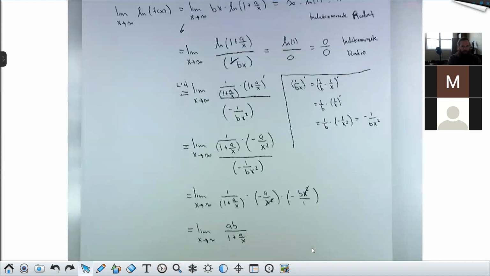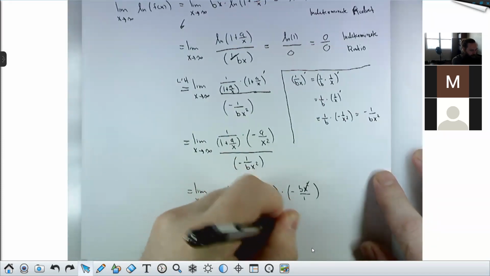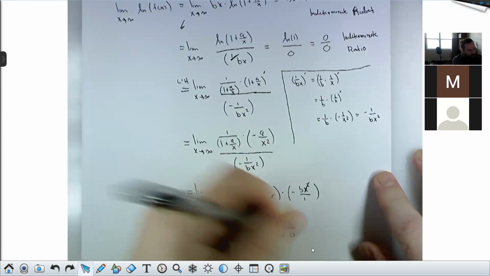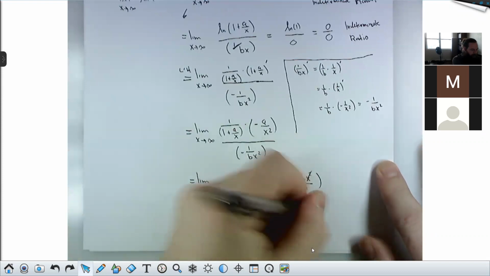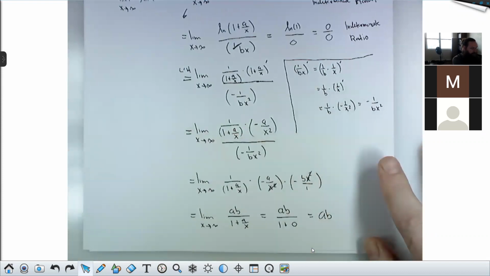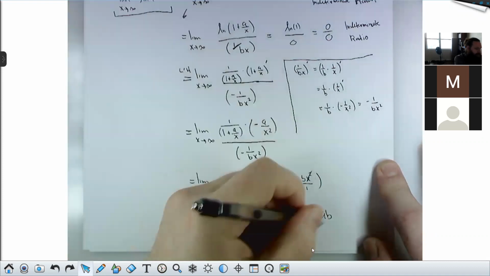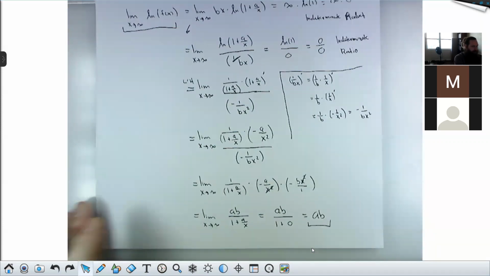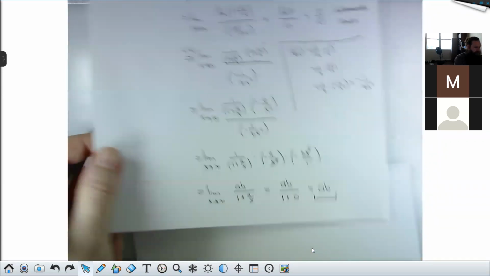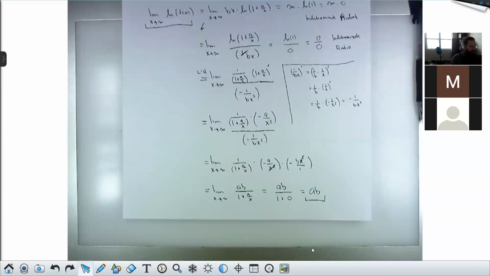And the good news is that here, down at this very bottom line, if I plug in infinity for x, this will be a times b over 1 plus 0, right? A over infinity: as x goes to infinity, a over x goes to 0. So this is just a times b, right? A times b over 1, which is a times b. So what we've seen is that the natural log of my function goes to a times b. Back up just a little bit. Since the natural log of my function has limit a times b,